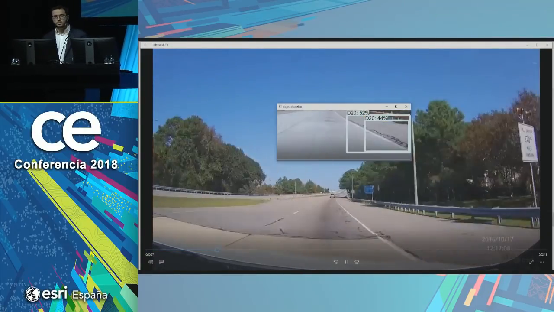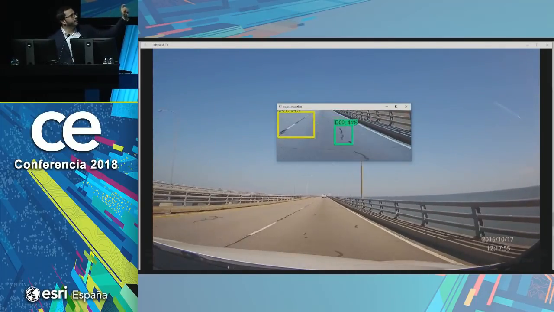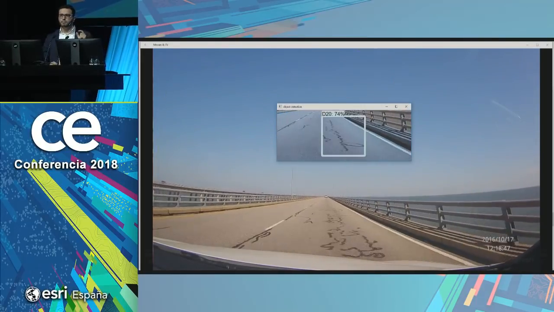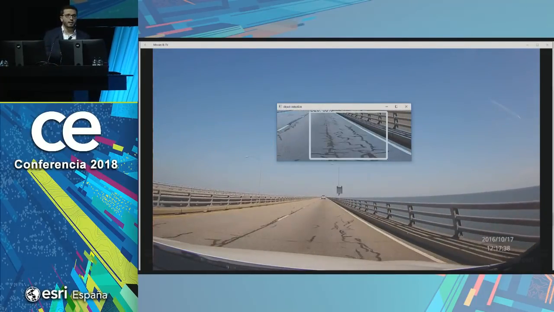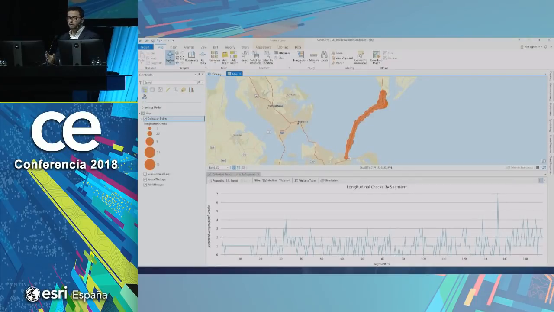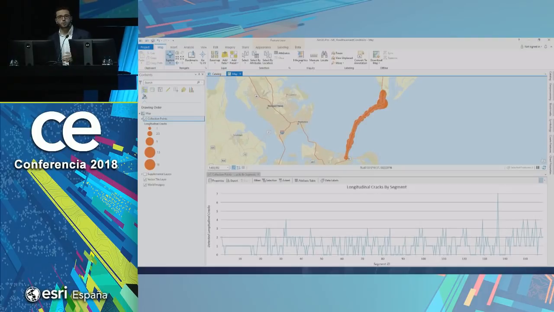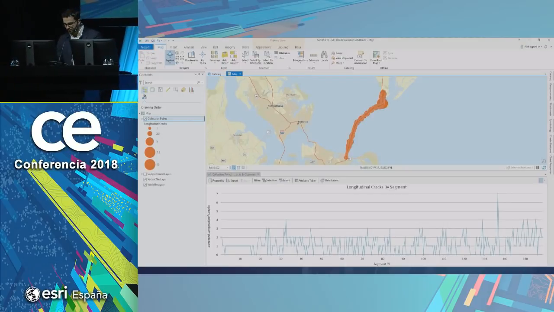And what you're seeing here is a video of someone driving around the Chesapeake area, and the deep learning model is detecting those cracks in real time and storing them by location and time. When you start thinking about the possibility of adding this to ArcGIS, you can see something beautiful like this. This is visualizing the number of cracks per road segment, and you can see this on the map and on the chart. And as a transportation authority or a traffic authority, you can start leveraging this super low-cost technique to prioritize your resource allocation.